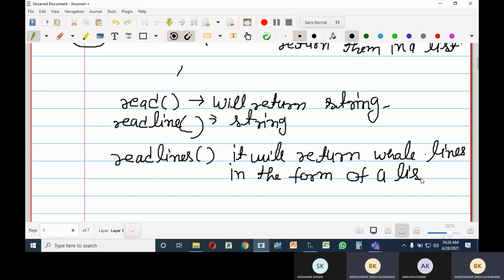Okay, so these three functions are used to read data from a file.